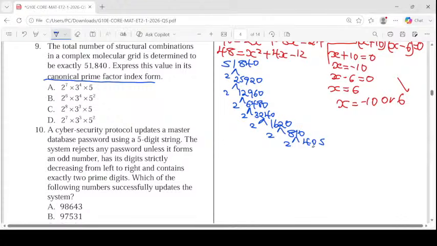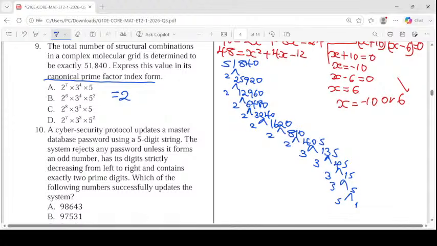3 here, 135. 3 here, 45. 3 here, 15. 3 here, 5. 5 here, 1. So in canonical form, this will be given by 2 raised to power